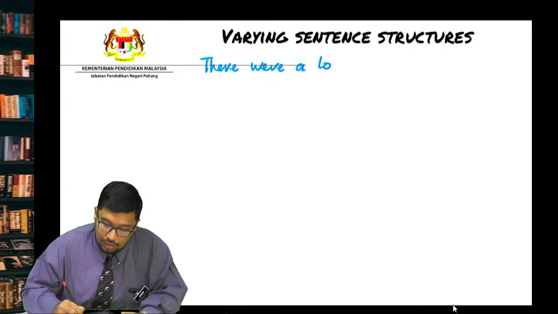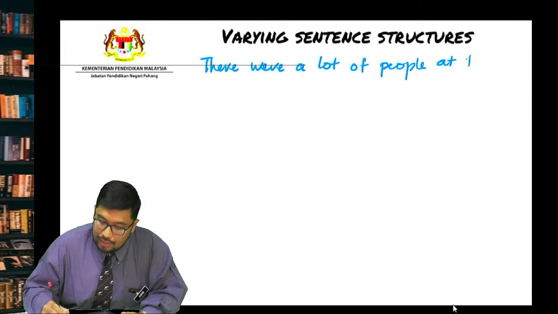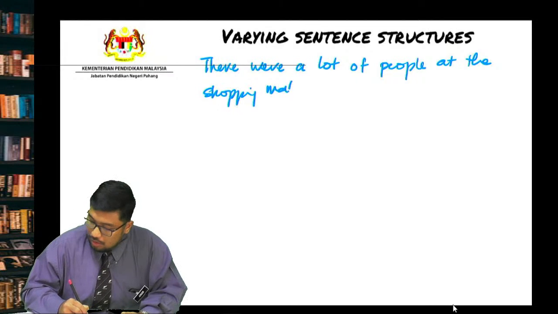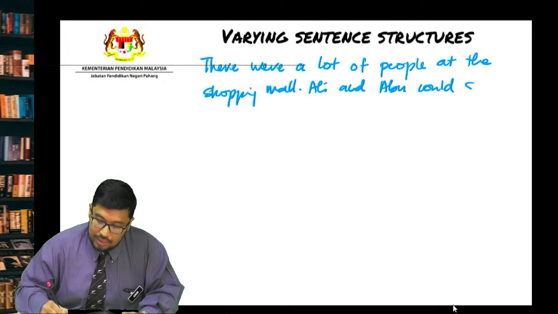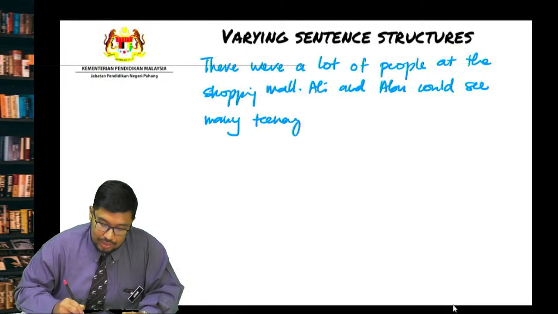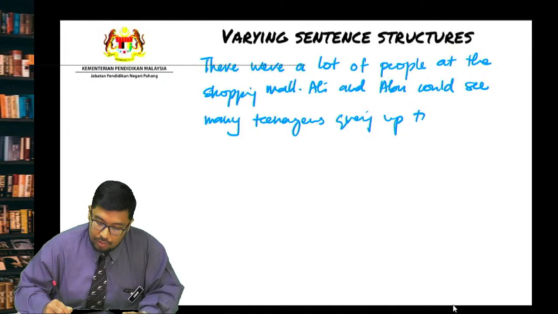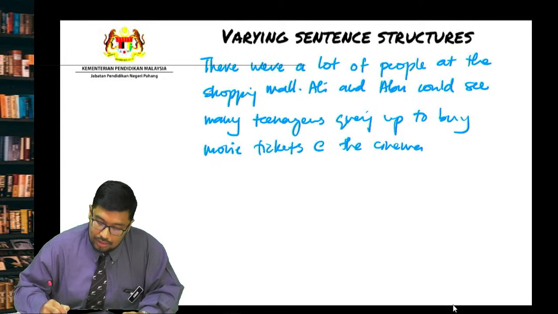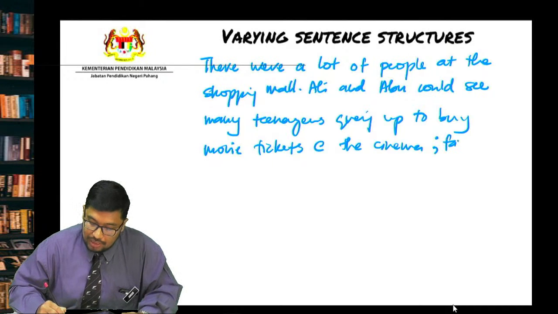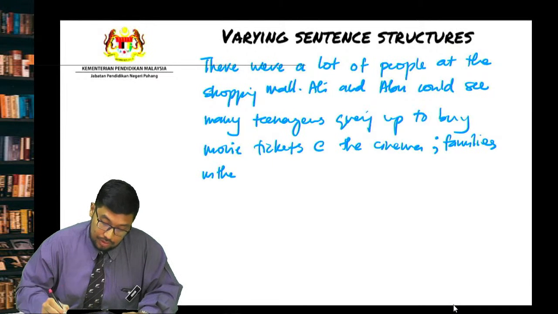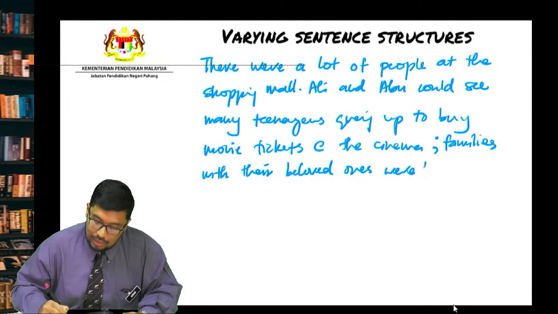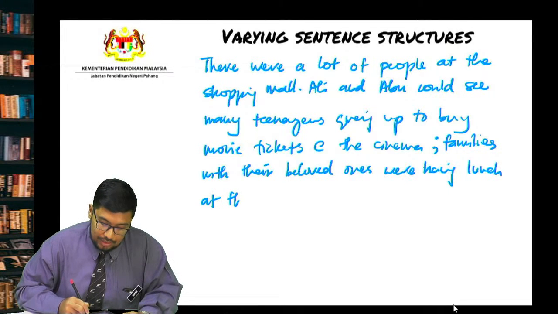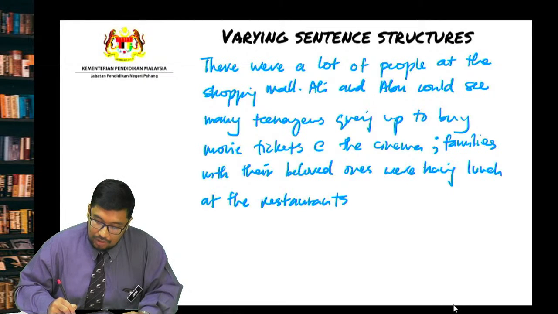There were a lot of people at the shopping mall. Ali and Abu could see many teenagers queuing up to buy movie tickets at the cinema; families with their beloved ones were having lunch at the restaurants. And for the last part of the brace map,